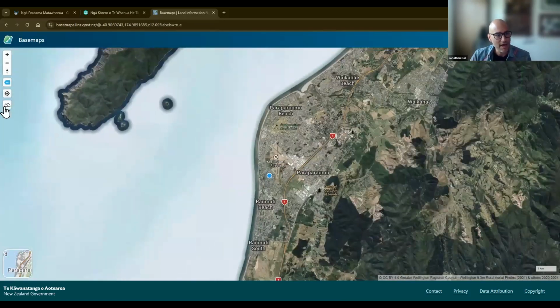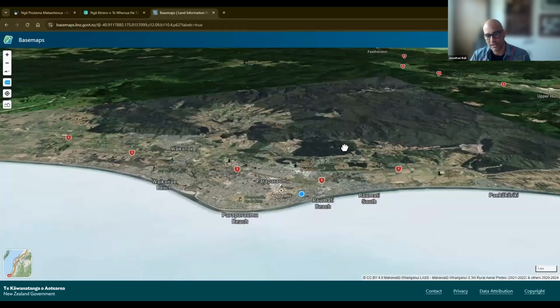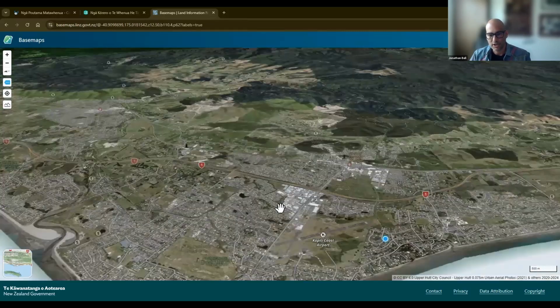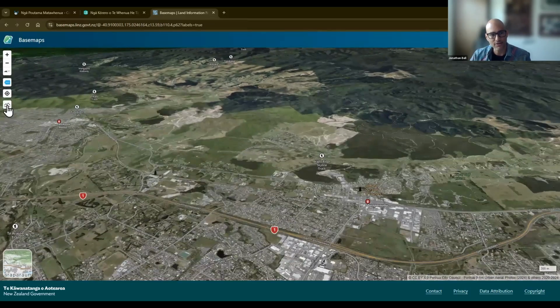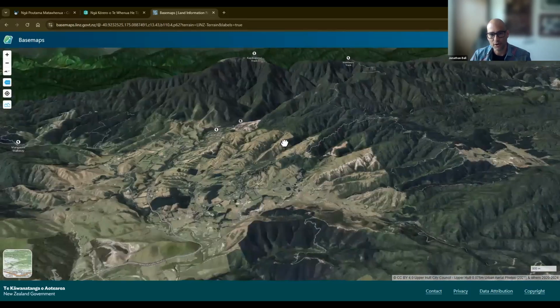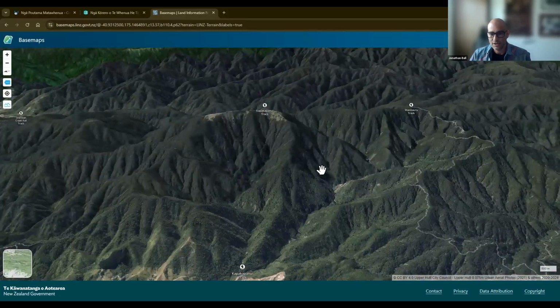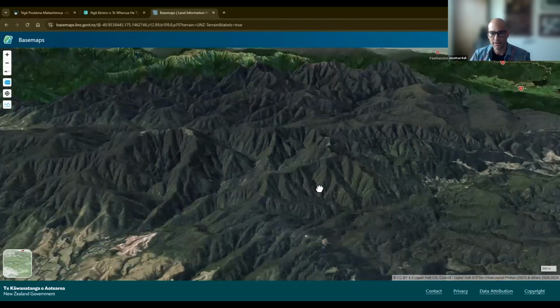Said too much. And this next button is one of our cool new features. It's our 3D map. So it's the same map, but it basically introduces a 3D aspect to it. So right now I'm not in 3D, and if I look at Paraparaumu in the hills, it all looks pretty flat. If I click this on, we have elevation data and everything pops into 3D, and I can see the Tararua Ranges rise up above the hill.